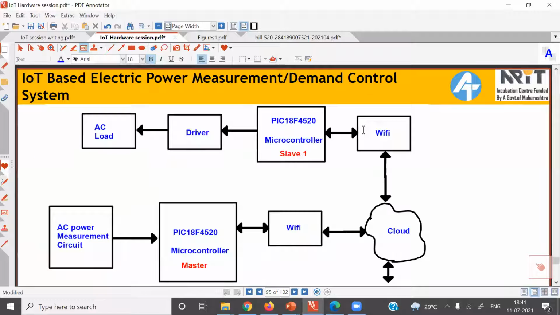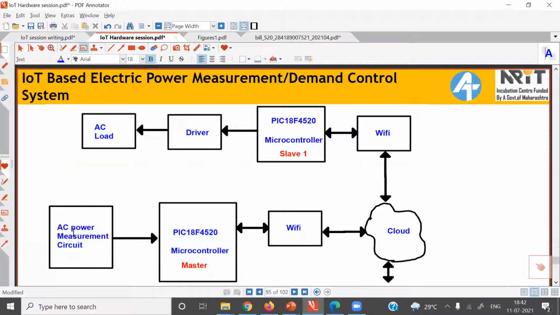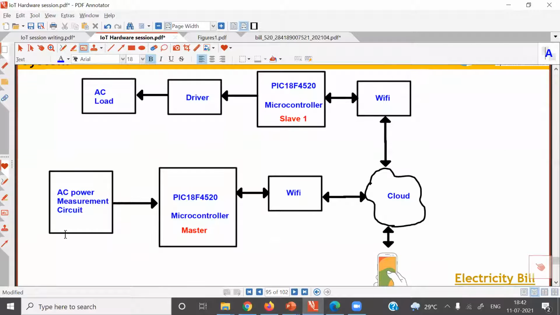See, once again I repeat, if your kVA demand exceeds 60% of contract demand for more than 30 minutes only once in a month, then penalty is imposed. And if your demand exceeds regularly, the amount of penalty remains the same. So if your demand exceeds 60% of contract once or 50 times, the penalty is the same. So for measurement of power, what do we require? We require a current sensor. So I'm going to talk about the use of this current sensor for measurement of power.